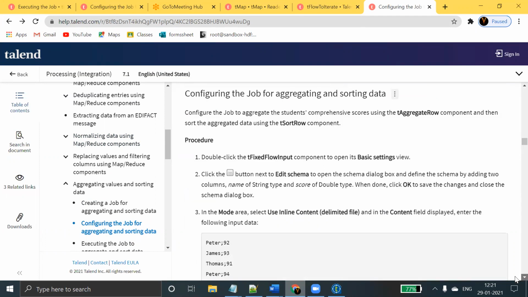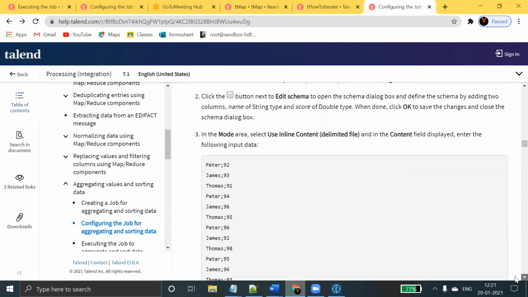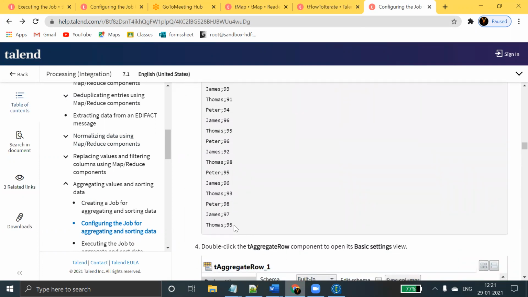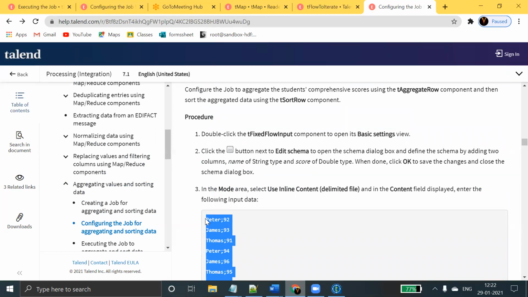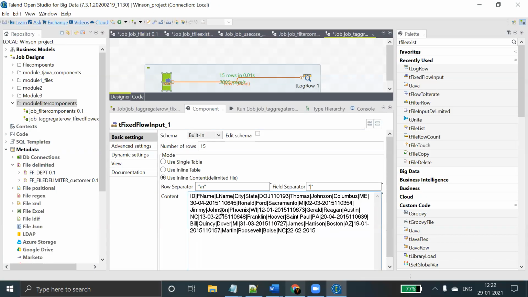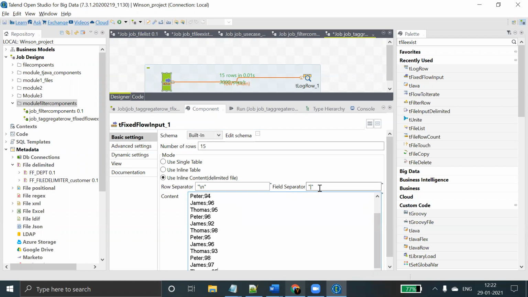This is my data, so I'm just copying this data. What is the field delimiter here? The field delimiter is semicolon. So I'm using semicolon here.